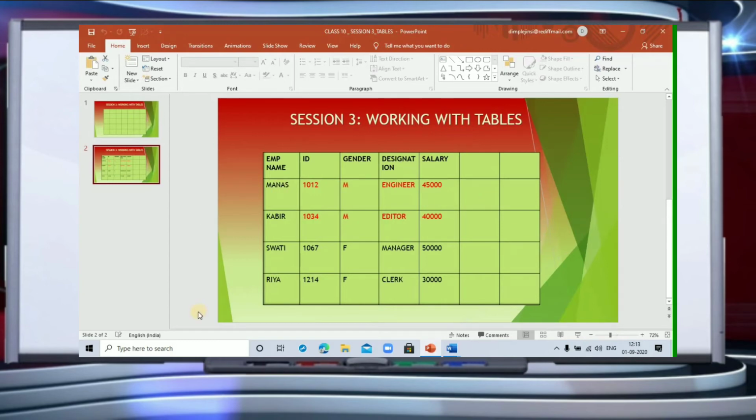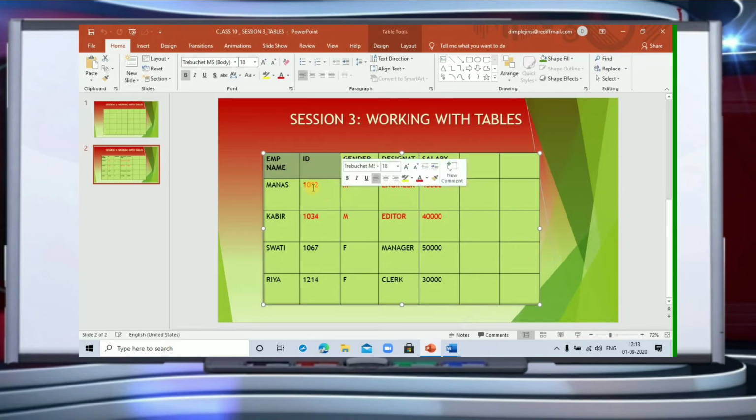You can write your content in the table, and then you can change it the way you want. Now I hope it is clear to you that the horizontal line that you have here is called a row, and the vertical line, this is the vertical line, is called a column. Now in this table you can insert a row, you can delete a row, you can delete a cell as well. What is a cell?